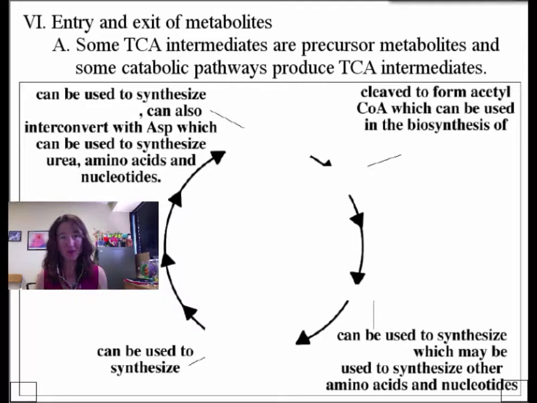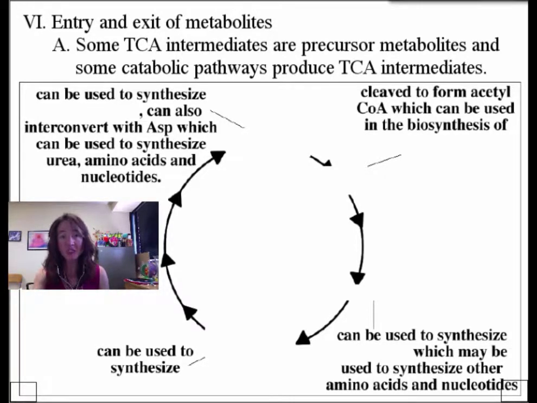And I think about those of you who have expressed a love of Legos. It's very important to note that a lot of the intermediates in the TCA cycle are Legos that can be utilized as building blocks in anabolic reactions. So in many cases, the fate of the intermediates will depend upon the need of the cell. If the cell needs more reducing power and ATP, then it will continue to catabolize these intermediates. But if there is some need for Legos to build larger molecules in anabolism, then these intermediates will be siphoned